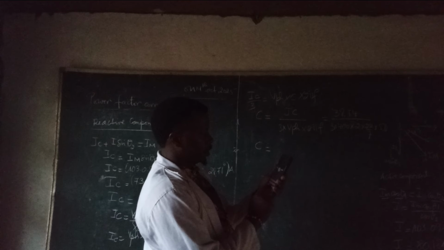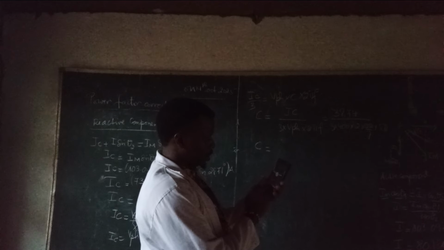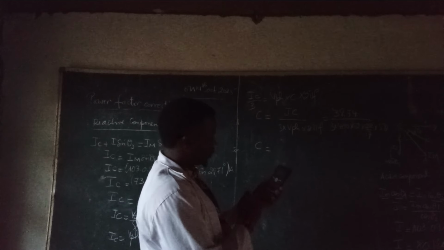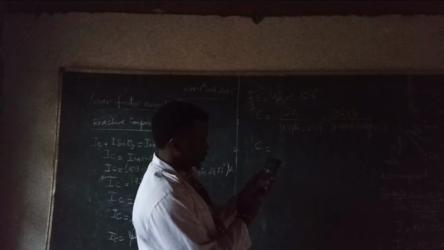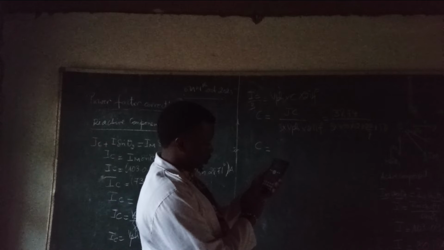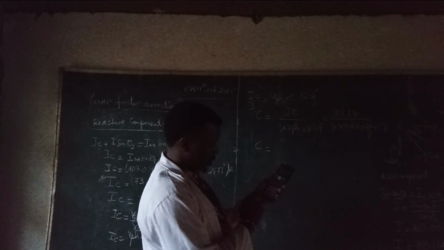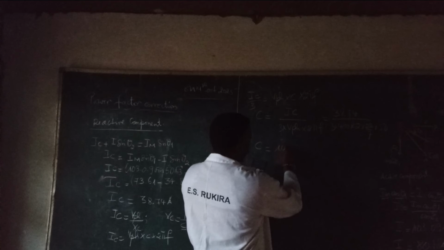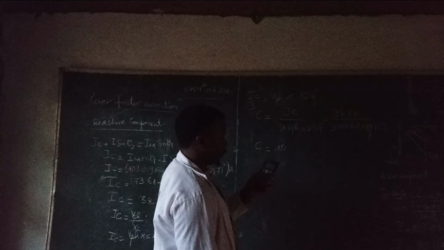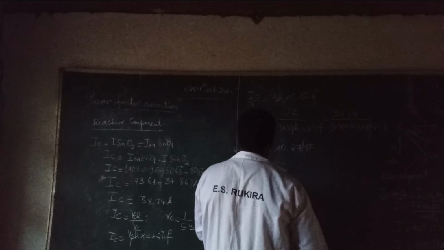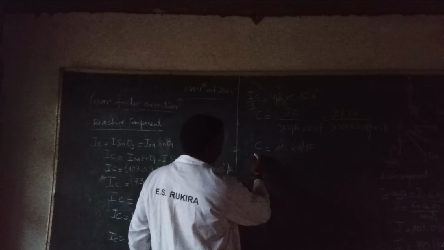The value of C is 38.74 amps divided by 3 times 400 times 2 times pi times 50, which is equal to 10.27 microfarad. This is the capacitance